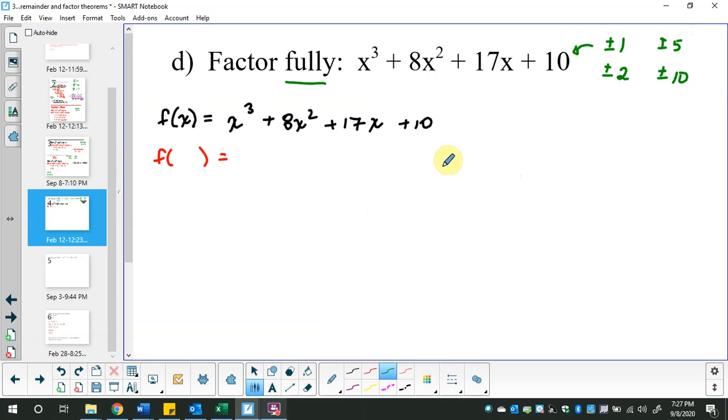So now I'm going to take a little break. Oh, still lied. You should be able to look at this list and narrow it down even further. And the reason I say that is I gave you a completely positive polynomial. That means if you pick any of these positive numbers and insert them in for the x's, you are just going to get gigantically more and more positive numbers as you go on. So you can try them. You're just not going to get a 0, and that's kind of the point